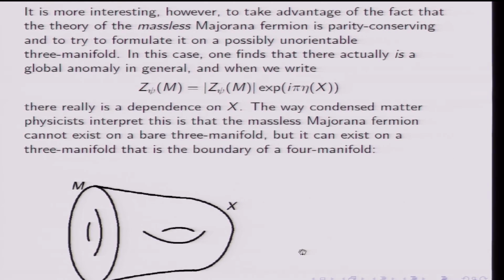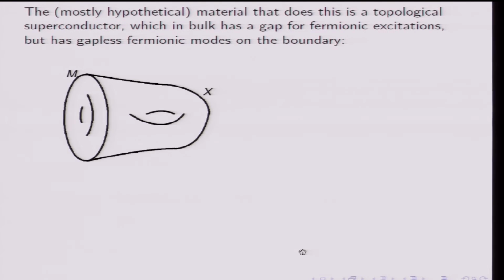The way condensed matter physicists interpret this is that although the massless Majorana fermion cannot exist on a bare 3 manifold, it can exist on a 3 manifold that's the boundary of a 4 manifold. So the 4 manifold would be the world volume of some material that fills a region of 3-dimensional space, and the 3 manifold would be the boundary of that material times time, the world volume of the boundary. The material that does this is a topological superconductor, which in bulk has a gap for fermionic excitations, but has gapless fermionic modes on the boundary. So there's a massless Majorana fermion on the boundary,